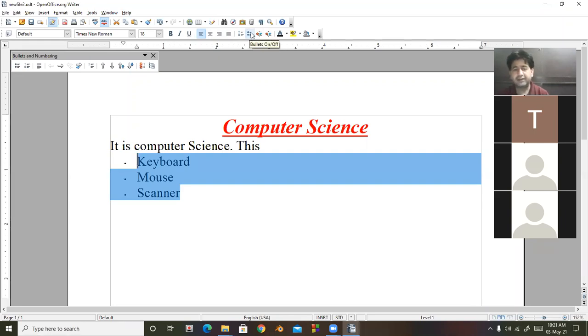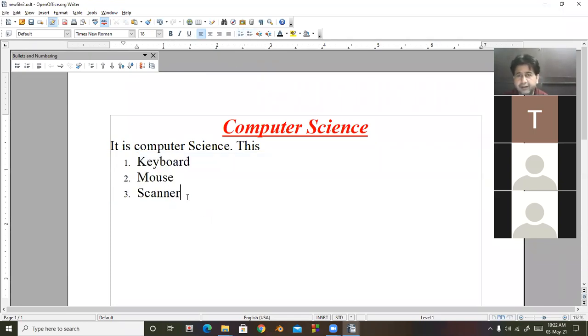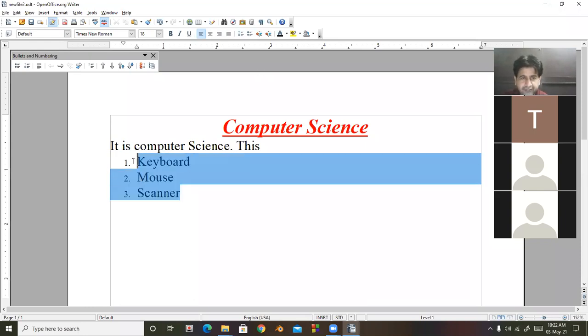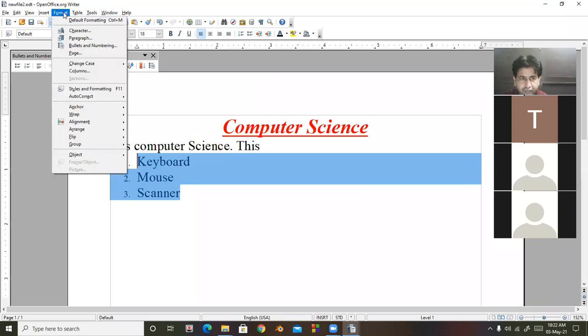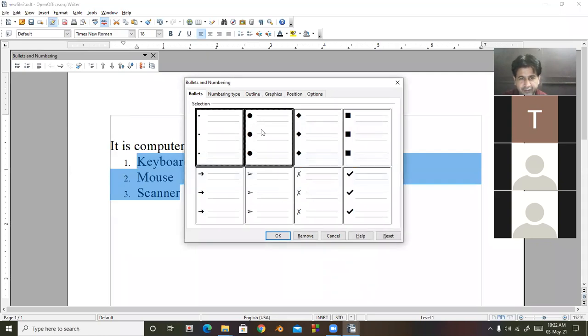But these are only limited symbols. If I want, in place of 1, 2, 3, to display A, B, C like this, in that case, look at here, you will have to click on format, then bullet and numbering. So different bullets are there.